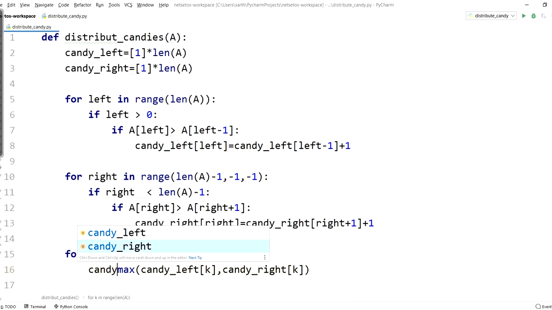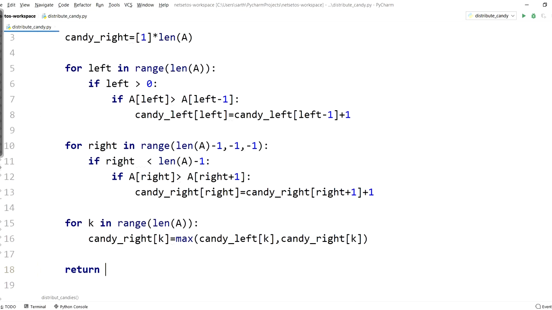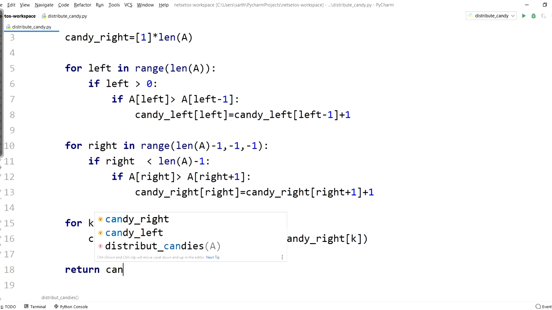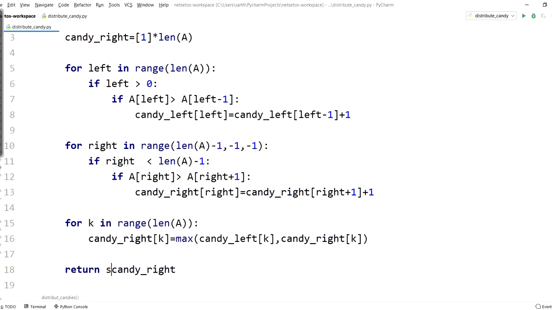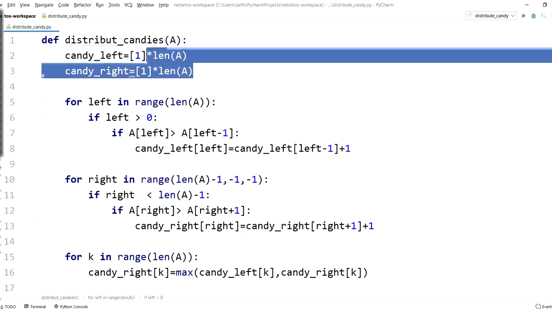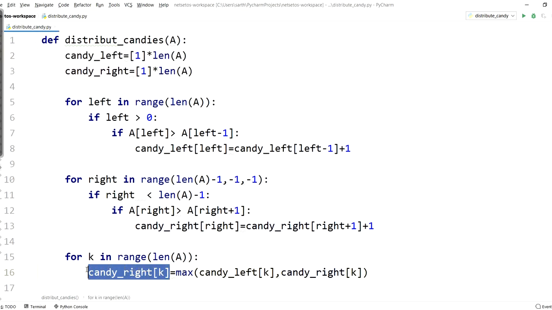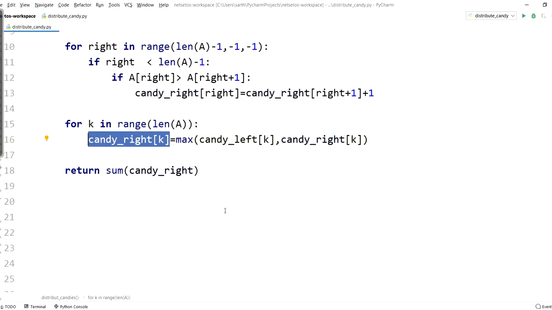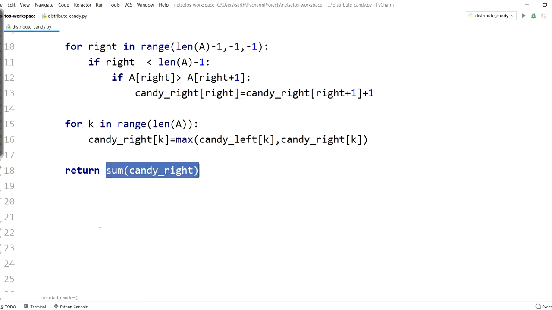I'll store it in candy right, and then we will take the sum of candy right. Here I have made two separate arrays, one for left and one for right, and out of these I have compared whichever is maximum, we will take that particular candy, and then we will have the sum of these.